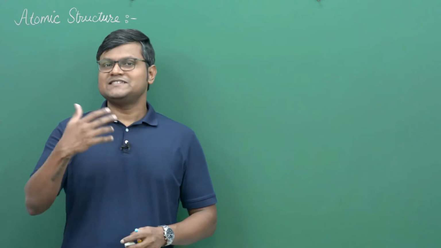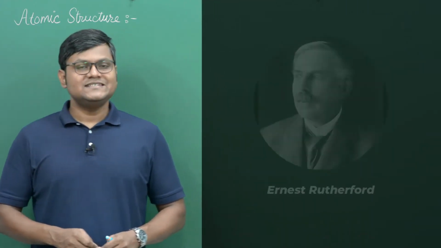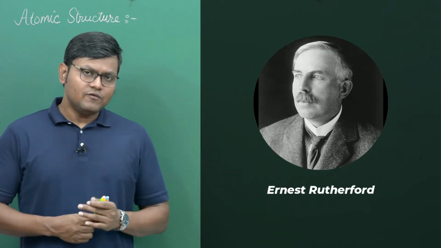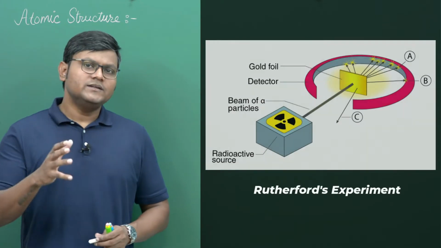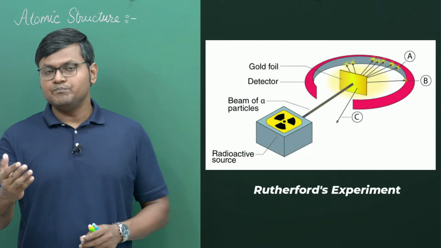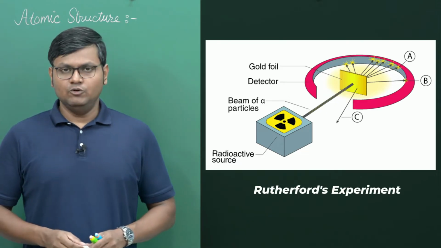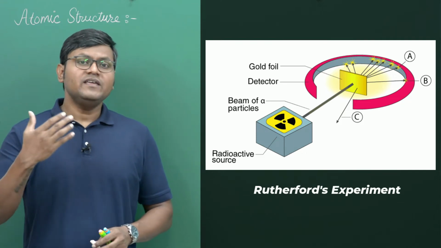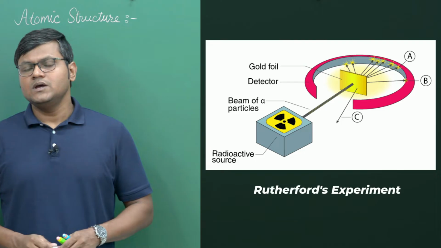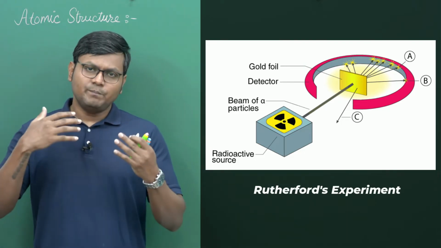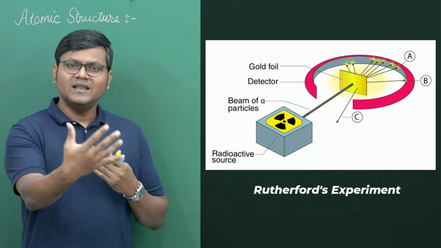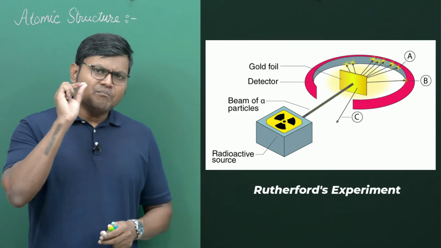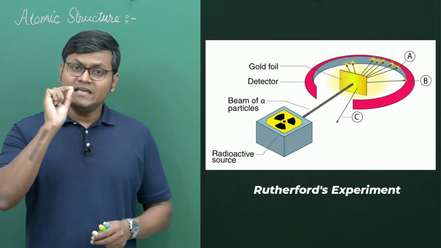However, further investigations by Rutherford and his team in 1911 gave a completely different picture of the atom. What Rutherford and his team did was they bombarded alpha particles onto a gold foil. Now alpha particles are essentially helium nuclei. They are heavy particles traveling at very high speeds. When they are incident on a very thin gold foil, it was found that vast majority of these alpha particles penetrated through the gold foil undeflected. Some of them were deflected by large angles